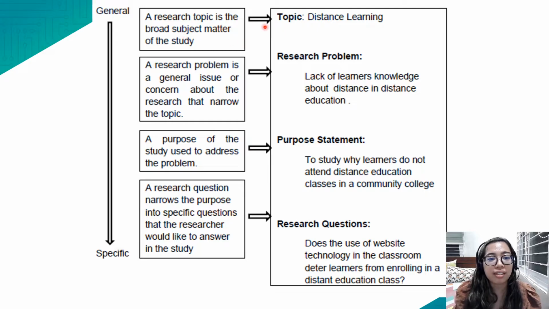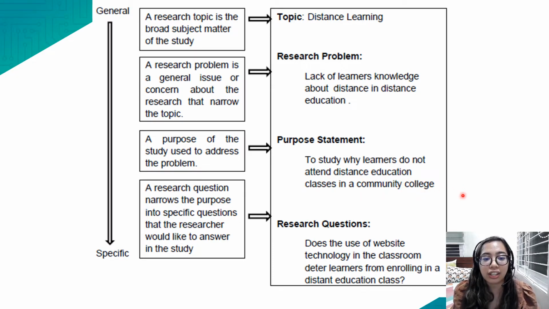A research topic is a broad subject matter of the study, for example, distance learning. Next, a research problem is a general issue or concern about the research topic that narrowed the topic. For example, lack of learners' knowledge about distance in distance education. Next, a research purpose or purpose statement is the explanation of why your study is used to address the problem. So, for example, you have to study this research to know why learners do not attend distance education classes